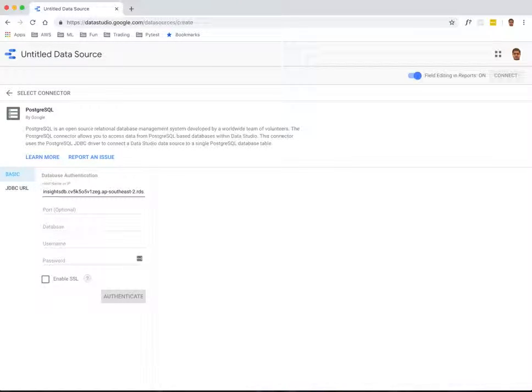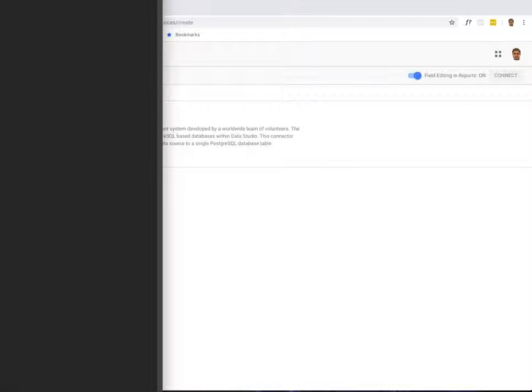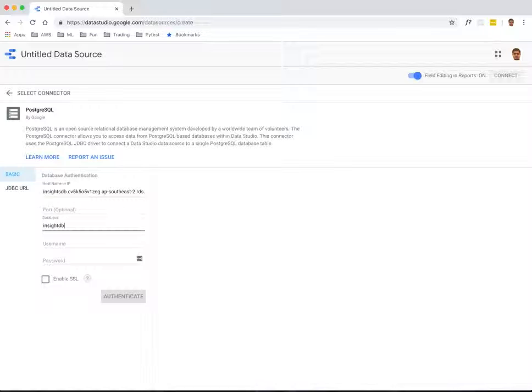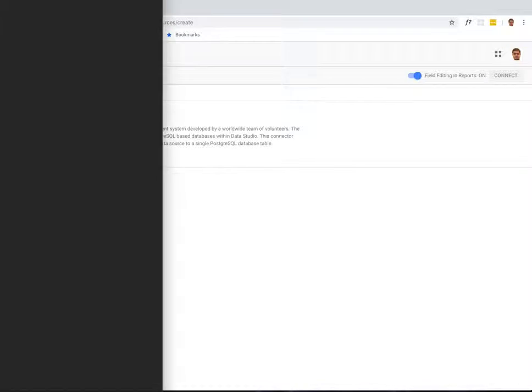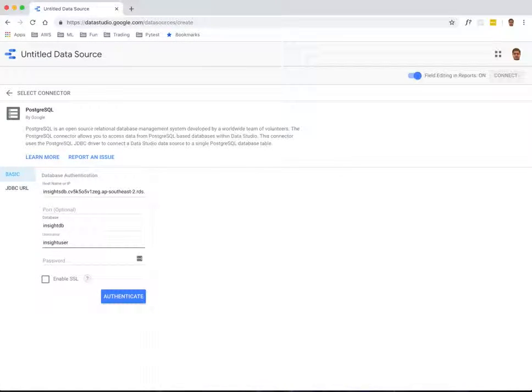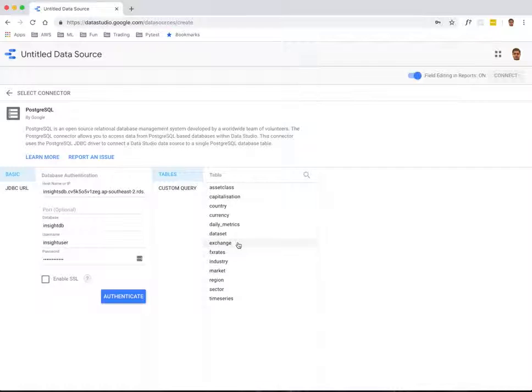You input the host name, then port is optional because the port is a standard value for each of the databases. Postgres typically uses 5432 port, so you don't have to input that value. And you input all the rest of the parameters. Don't select enable SSL and click on authenticate, and then Data Studio connects to our database and it shows you